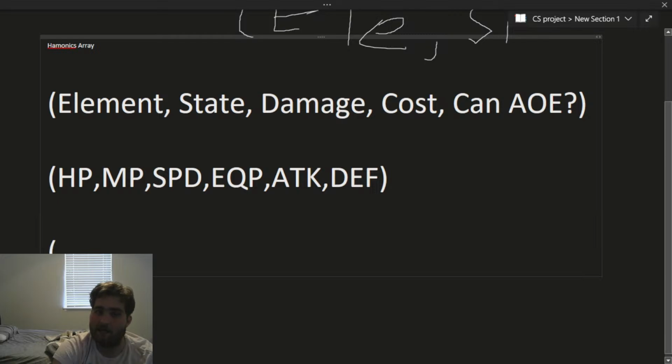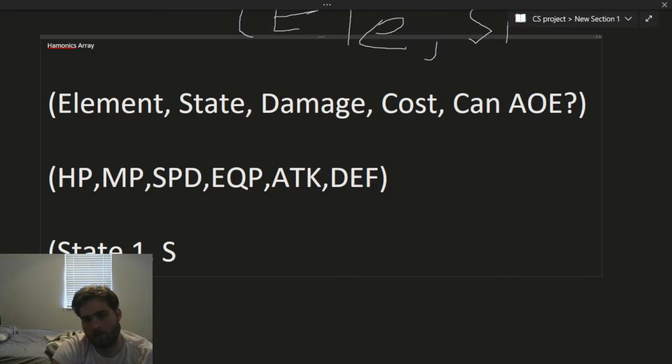So let's say 2 or 3 arrays, excuse me, because we would also have, for every enemy, I would say, we make what we call here a state. For the states, I want to make an array. So you would have state 1, state 2, and then